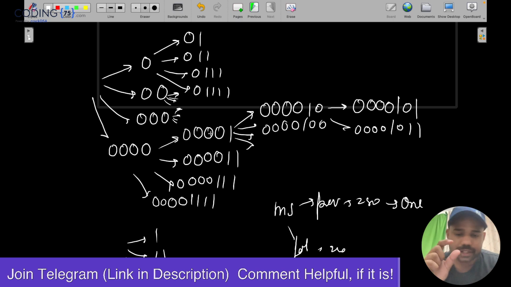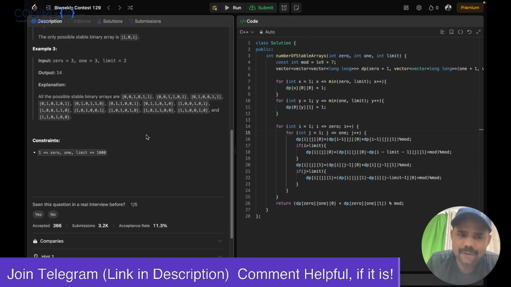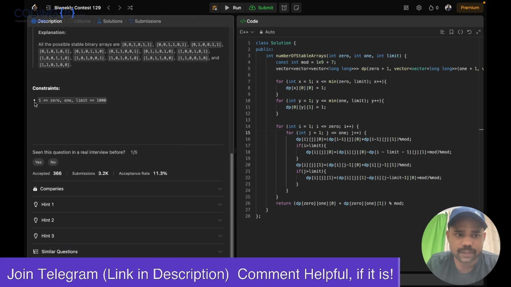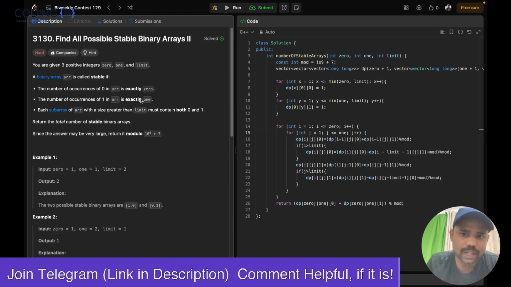For every 0 and 1, if previous was 0, next should be 1, and how many 1s we can take up to limit. But we have done some optimization here so that it can work for this particular test case. What are those optimizations? If you will see the code,